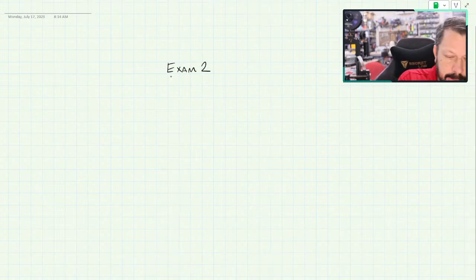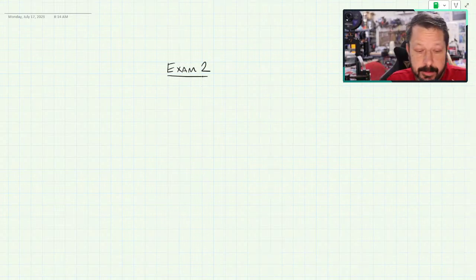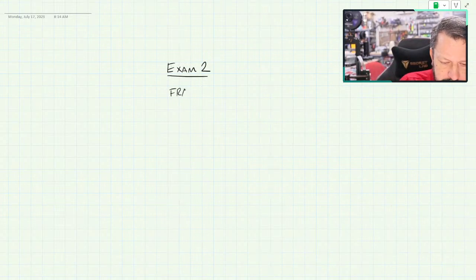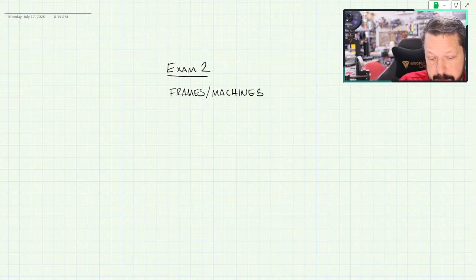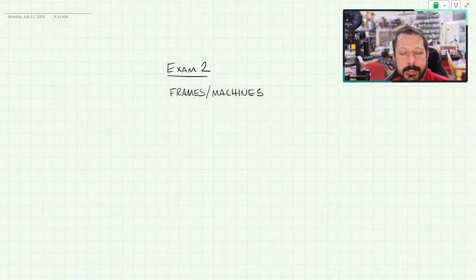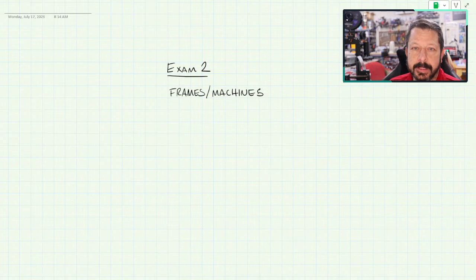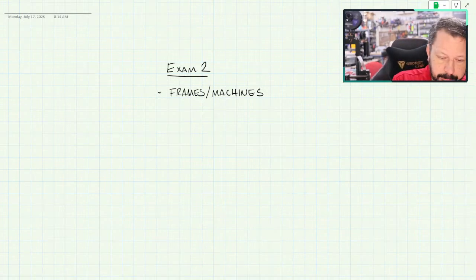Again, the main topics for exam 2 are frames and machines. I'm not going to separate those. You will have some that are frames and some that are machines, but as far as solving the problem, you're not going to be asked, is this a frame or is this a machine? The questions are calculations based on whatever the diagram is. So frames and machines, which means that you will have to do